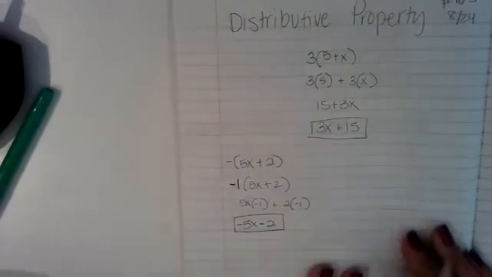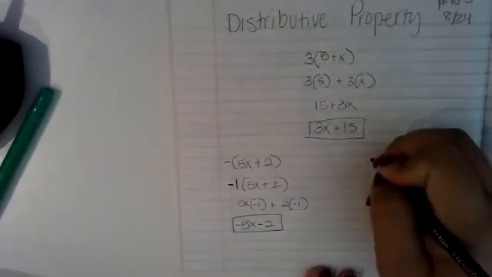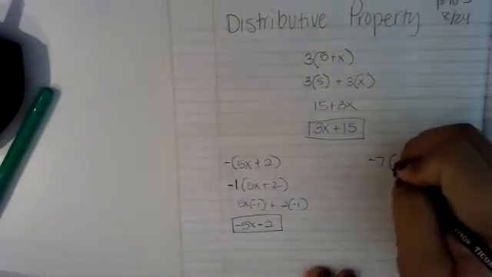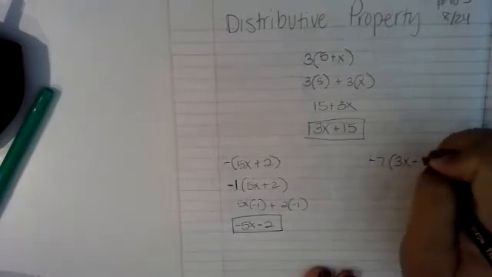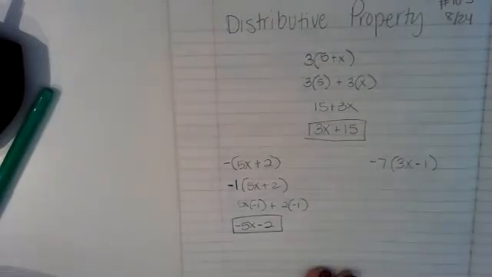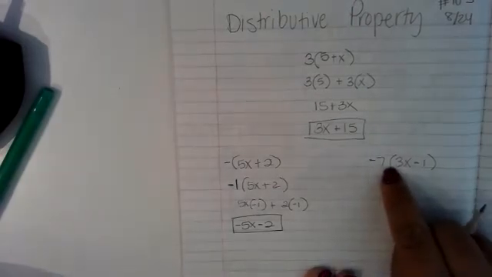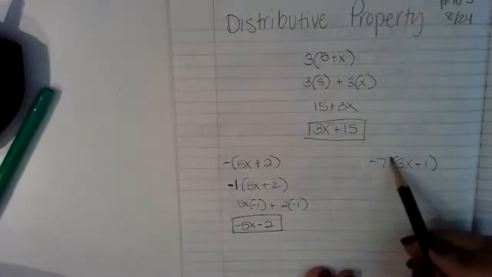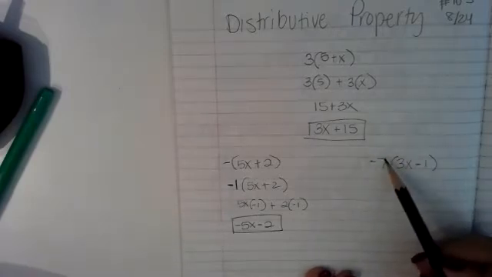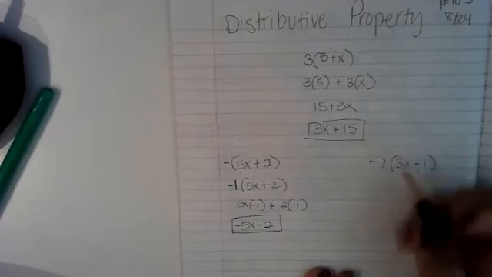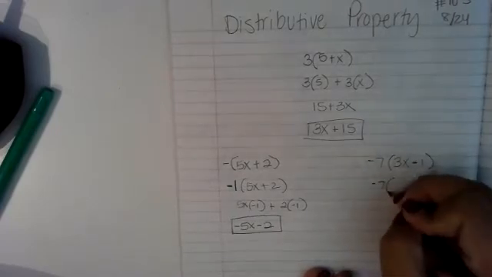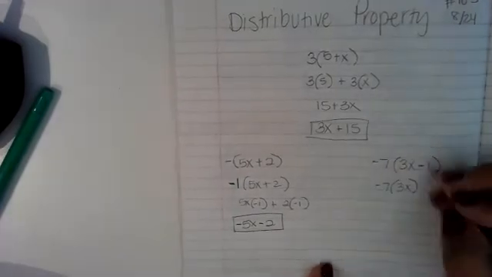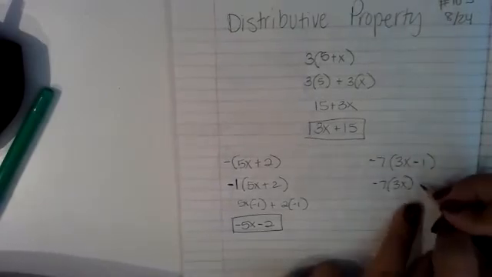Then I might have something that looks like this. -7 times the quantity of 3x minus 1. So again, I have a number touching a parenthesis. There's nothing in between the two. So that's showing me that this is multiplication. So I need to distribute this into the parenthesis. So I have -7 times 3x. And then I have plus